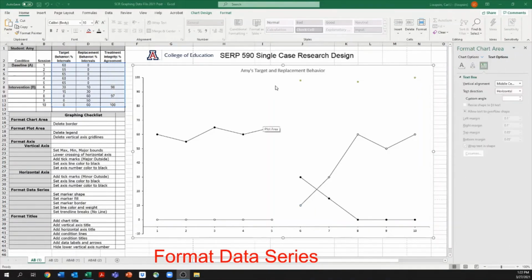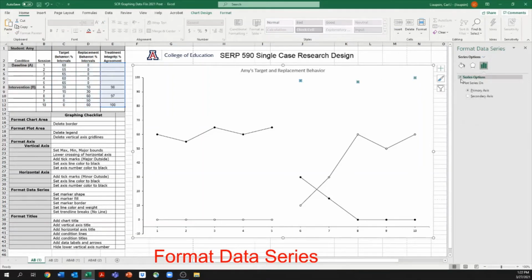You can see one of the things I forgot to do before moving on and making the trend line breaks, we have one more data series. We've got to fix up this treatment integrity data series. So let's do that now. I'm going to click on that. Now, treatment integrity